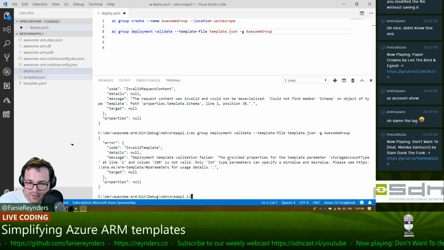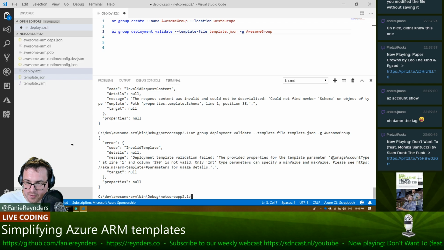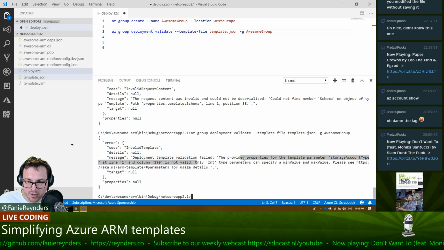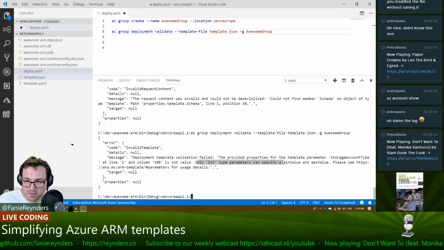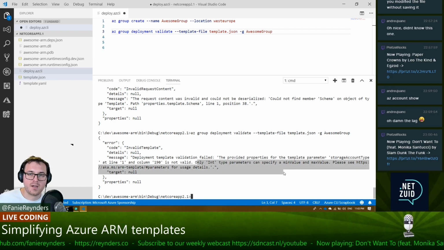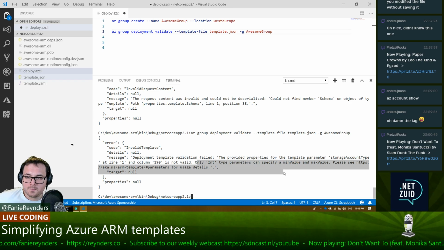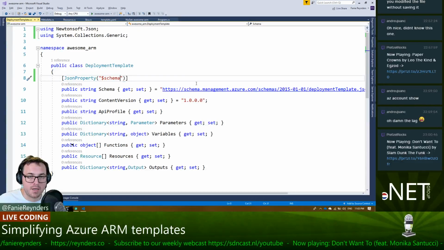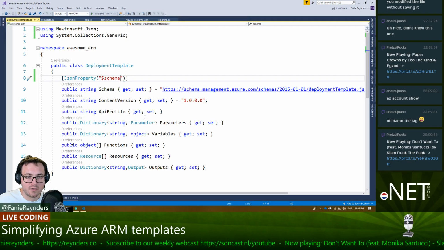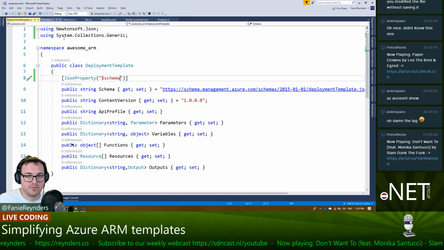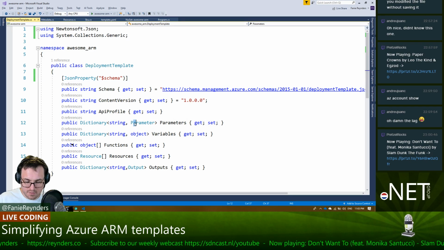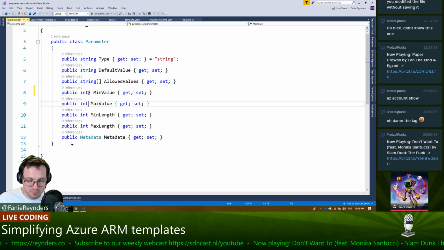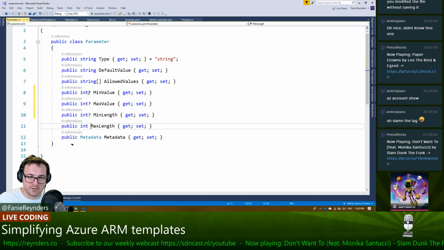Deployment validation failed. Provider properties for the deployment parameter storage account type is not valid. Only int type parameters can specify. Okay. We could make it nullable. We could make them nullable. So what we have is a parameter. We'll make them nullable. Like those,